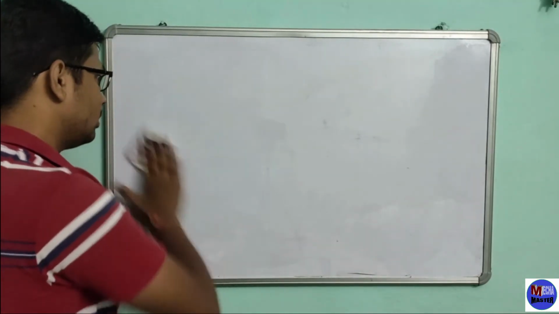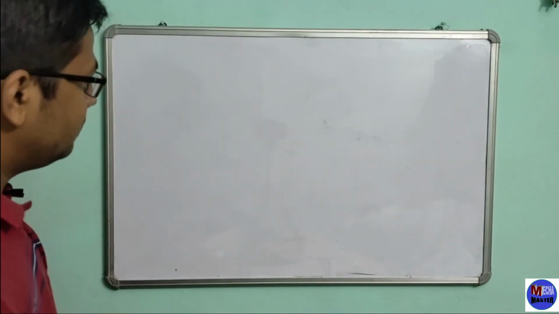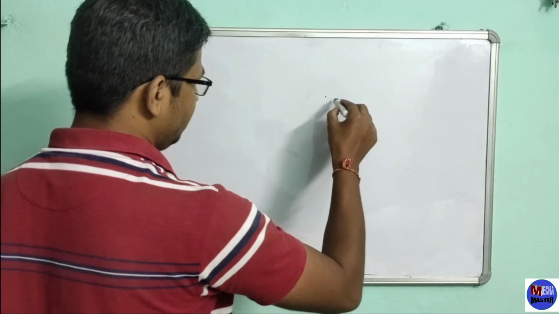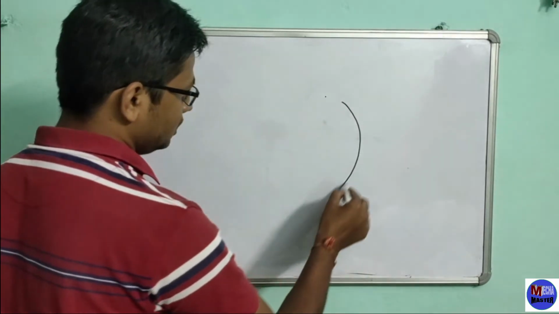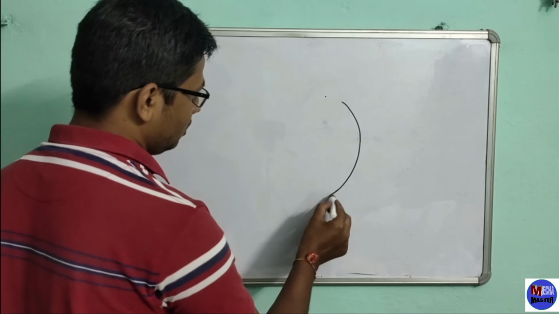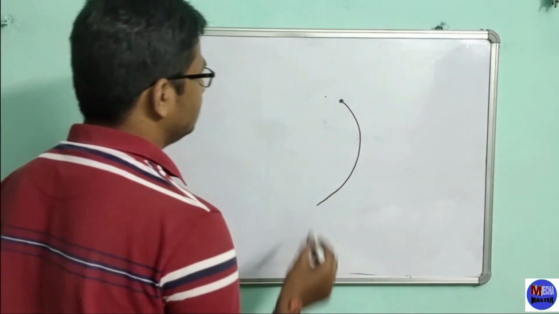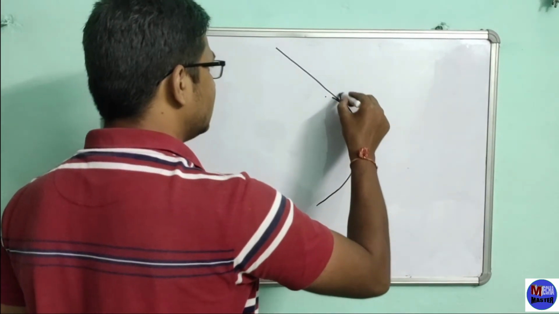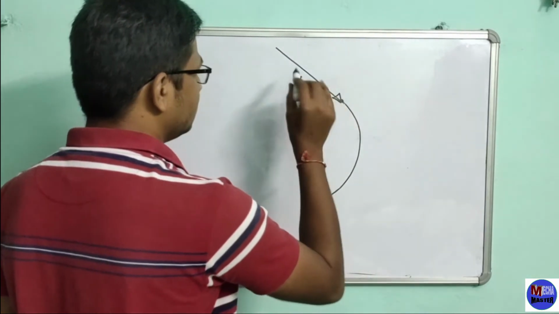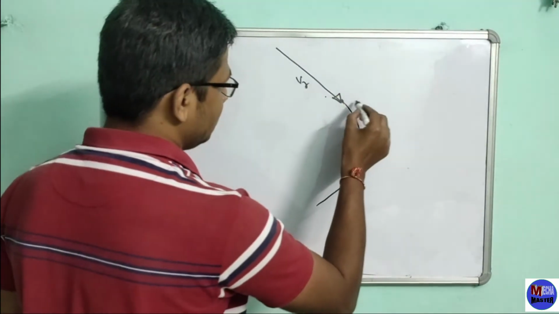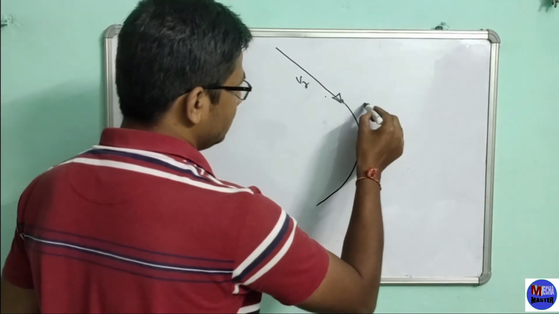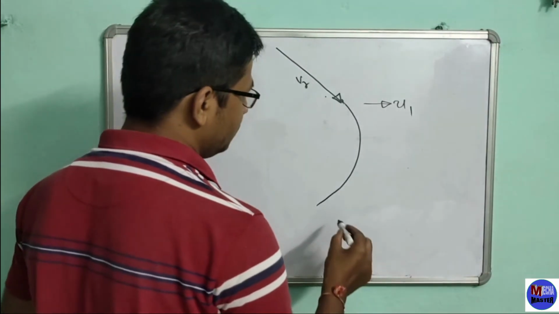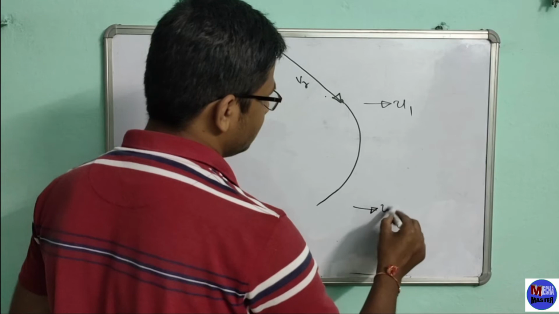Now if there is simply a blade, this one. If we are taking the inlet here, now again draw the tangent, and this tangent will again be the relative velocity at the head, and we know that for the radial flow turbine there is u1 and u2. At the inlet there will be blade velocity u1, and at the outlet there will be blade velocity u2.